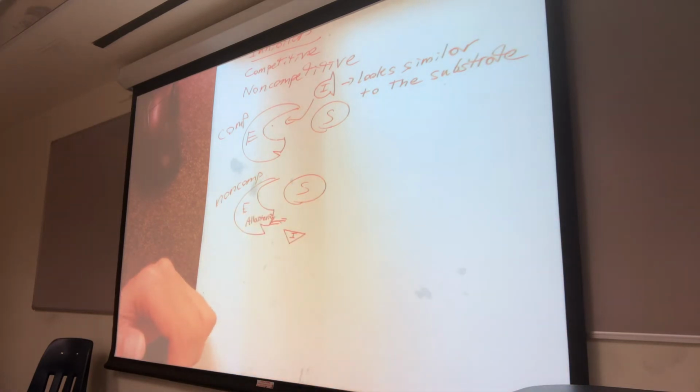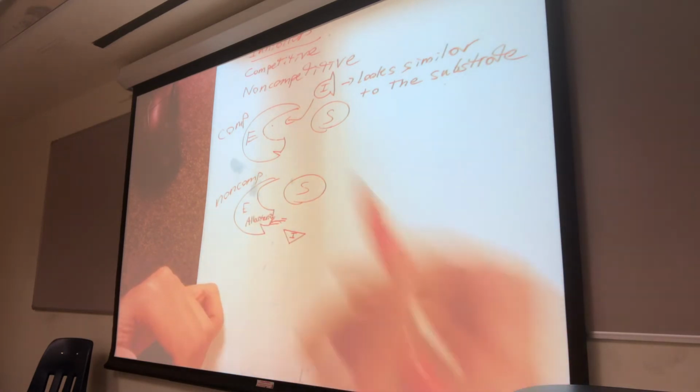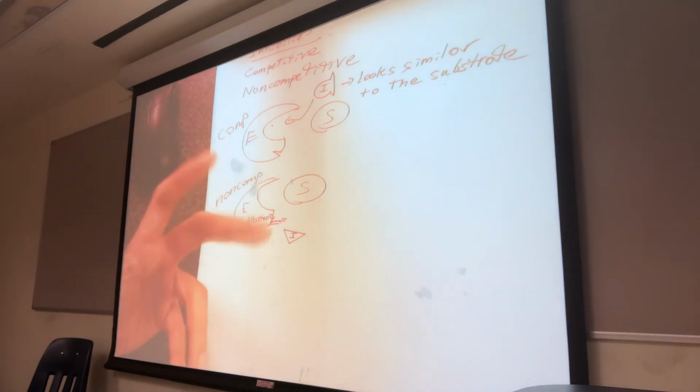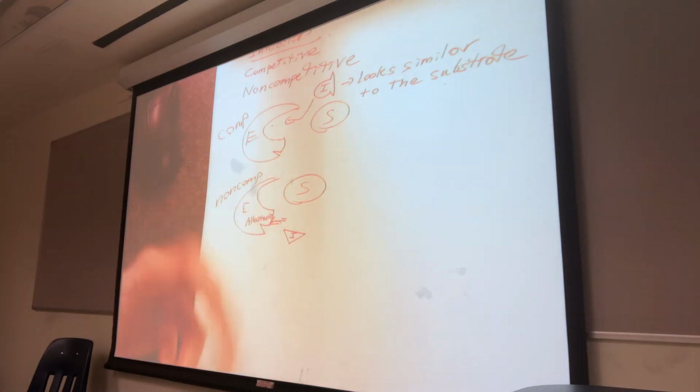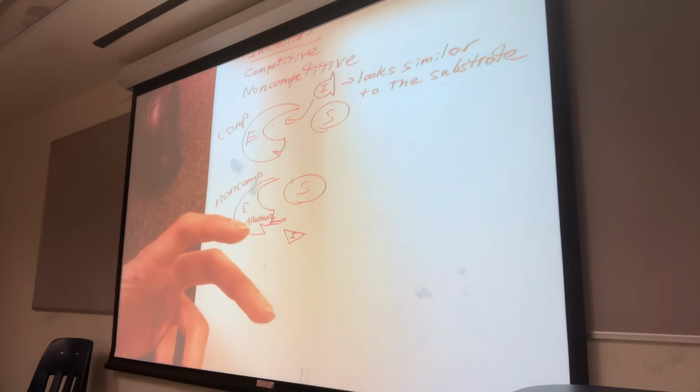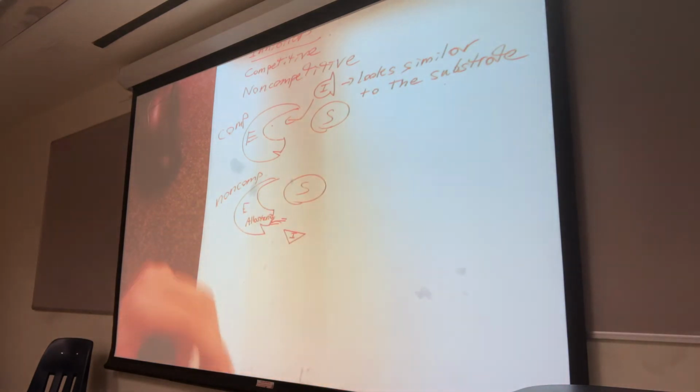So that is what non-competitive inhibition does. The end result is going to be similar to competitive inhibition. Well, if the enzyme can't convert the substrate into product, you slow down the reaction. Okay, so both of these inhibit the enzyme, but in different ways. All